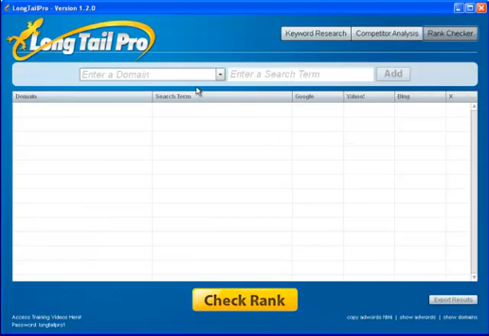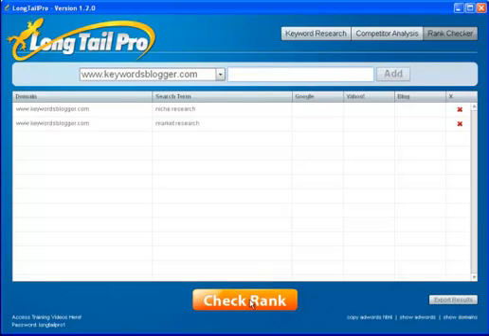Lastly, rank checker. You can enter a domain and then a search term, and it will tell you how well that domain ranks for a search term. So again, let's just do my blog and the search term, let's say niche research. Okay, add. All right, and then we'll do, say, market research. Oh, this is a tough one. That's a killer. So anyway, I don't expect to be showing for that one. Check the rank, and it'll go out and fetch the ranking data for those 2 terms